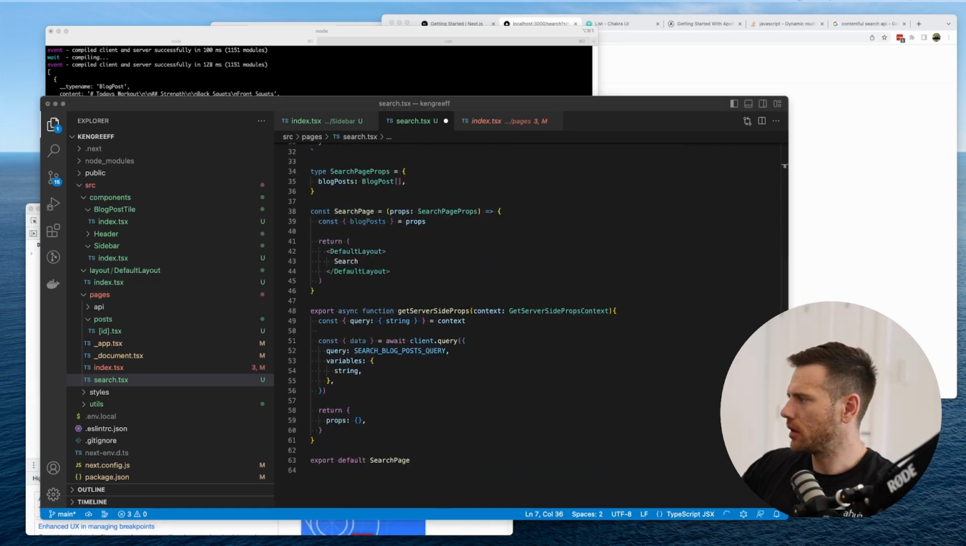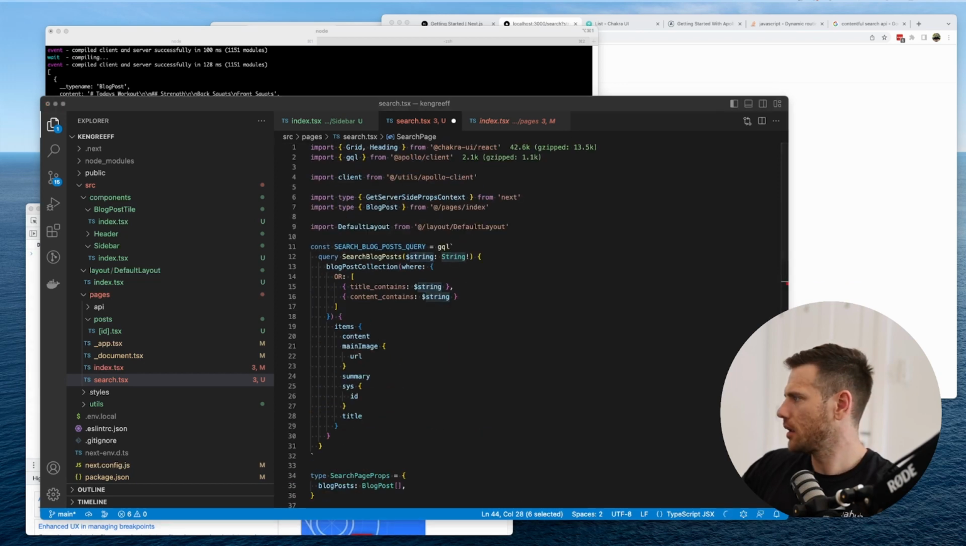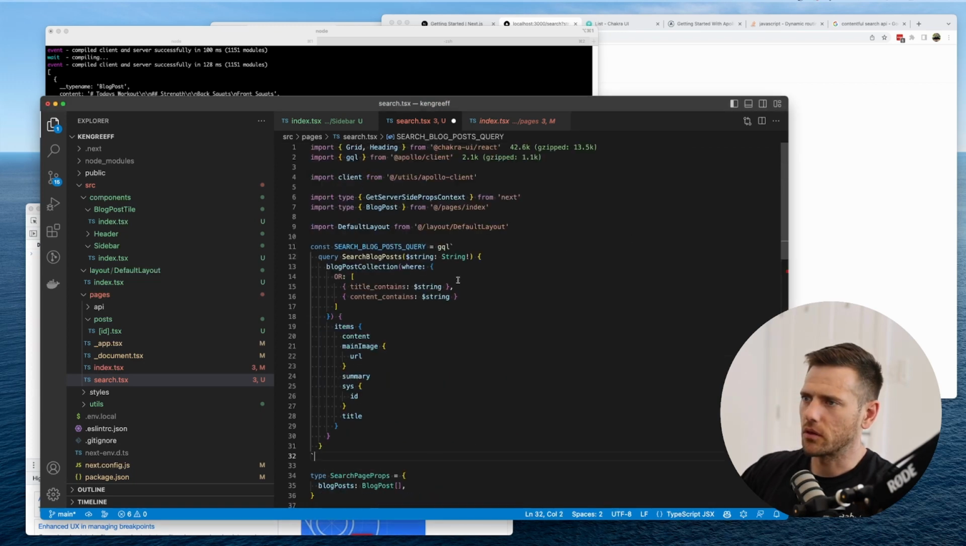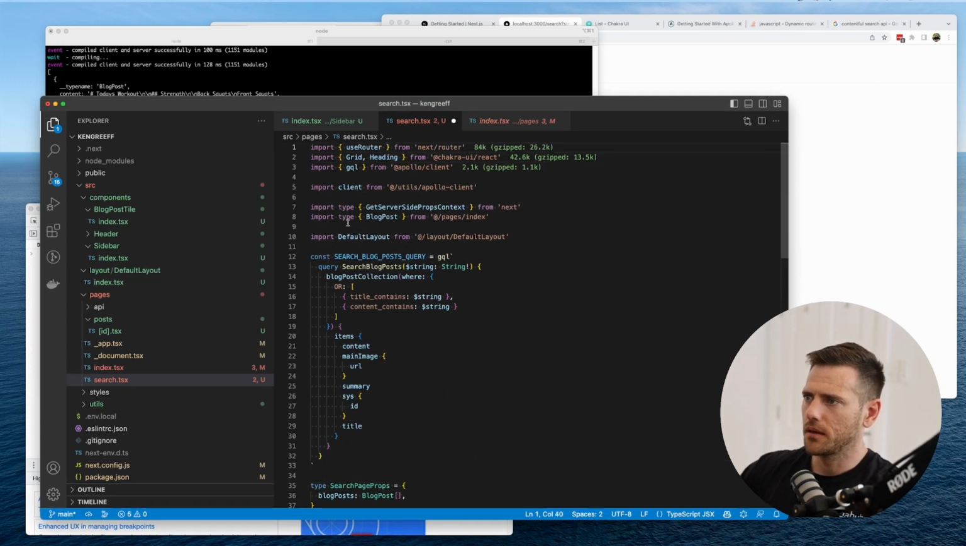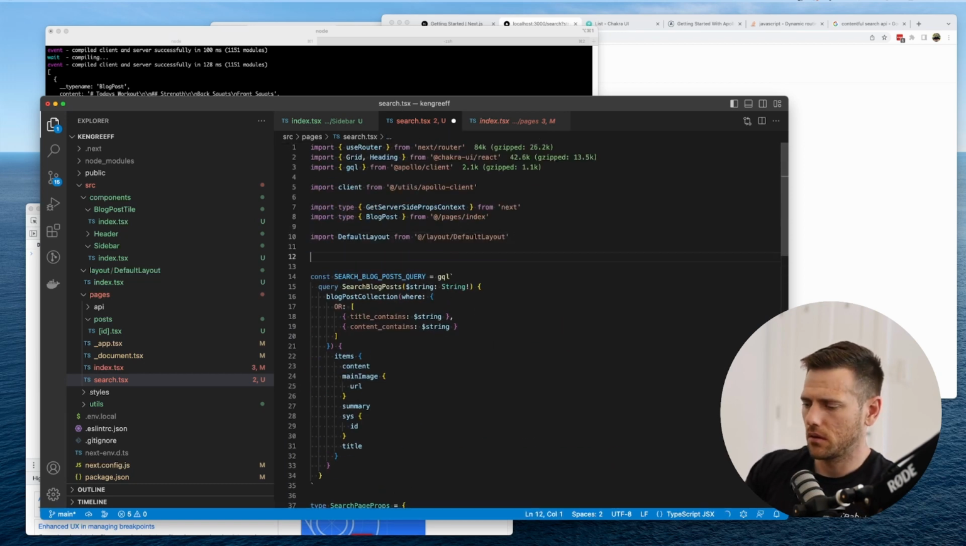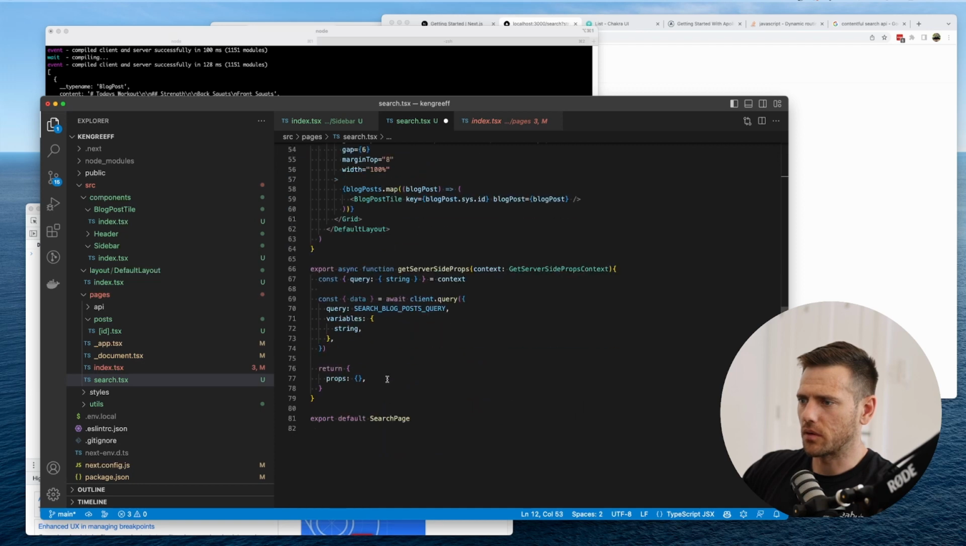And then what we're going to do is we're going to have a heading and we're going to have a grid, which I'm going to copy from the other page. And the string, you know what? Probably should have kept that one. We do need a useRouter. I want to show what we're searching for. So that's cool. And then we're going to import the blog post tile. Yep, that's it. And then we need to pass the props through